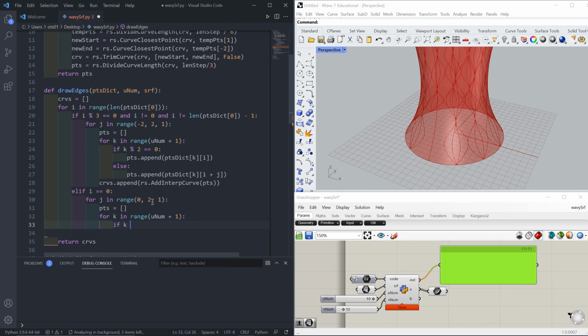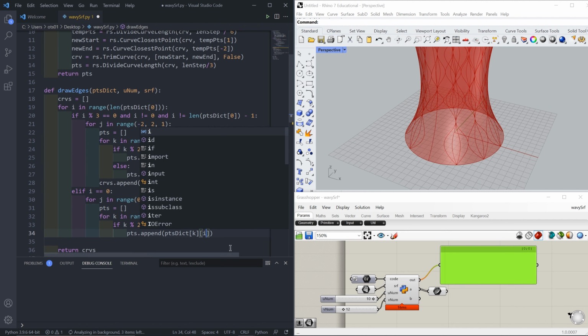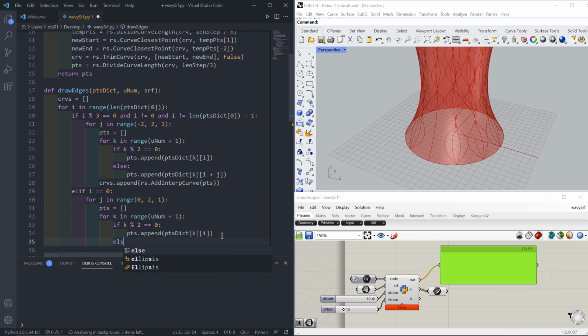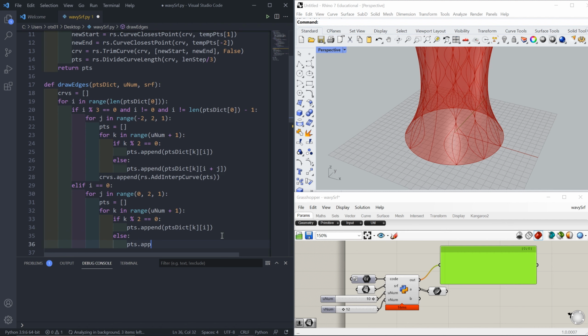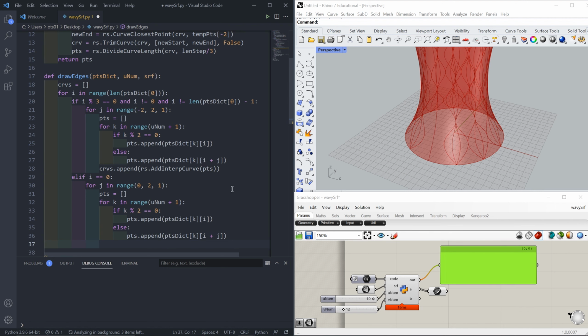If k modulo 2 equals 0, points.append points dictionary with the index k and i, else points.append points dictionary k i plus j, and at last we copy this line of code, paste here, save it, and